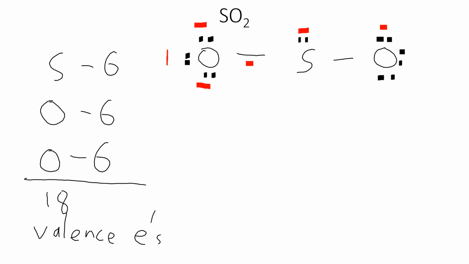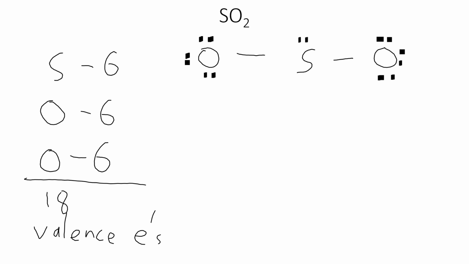This is a different problem than we have faced previously. It's not that we don't have the correct total number. There are 18 electrons in this structure right now. The problem isn't the total number. The problem is the octet rule isn't being satisfied. So being this a different problem, it requires a different solution. For this, we have to keep our 18 electrons that we have, but we need to rearrange them to satisfy